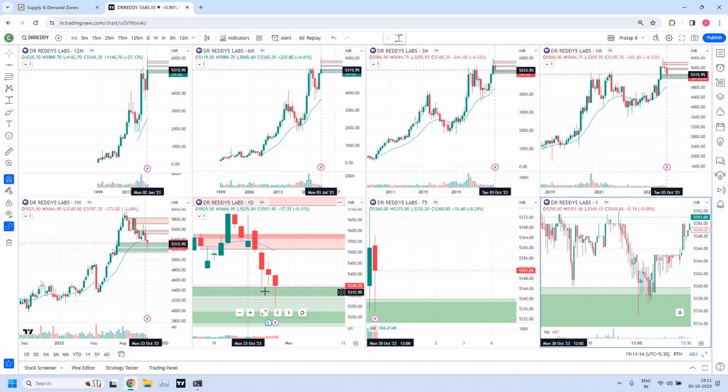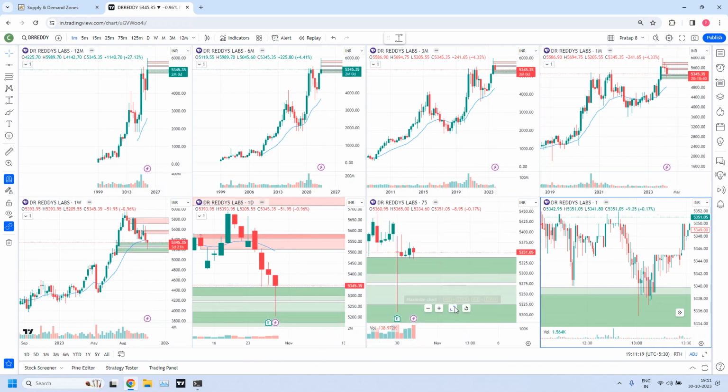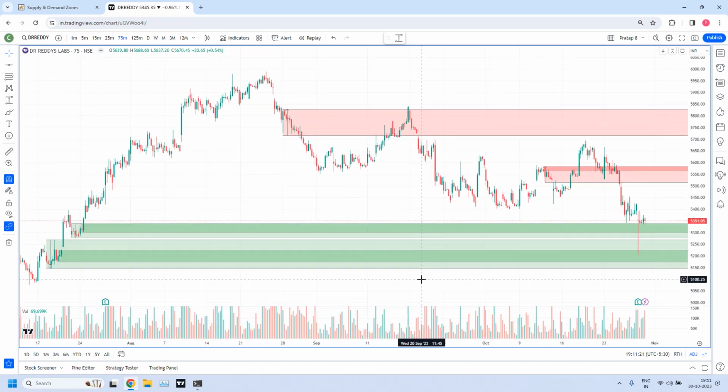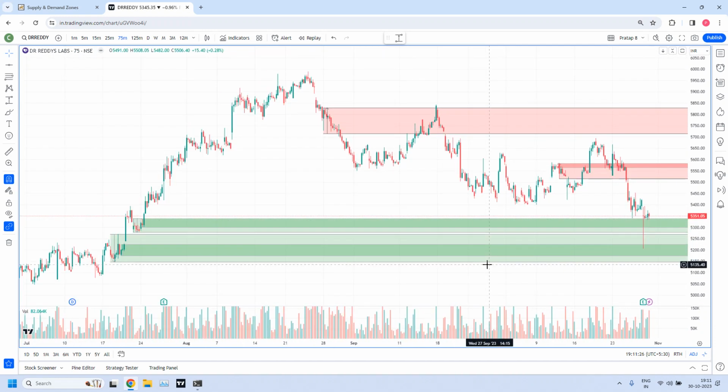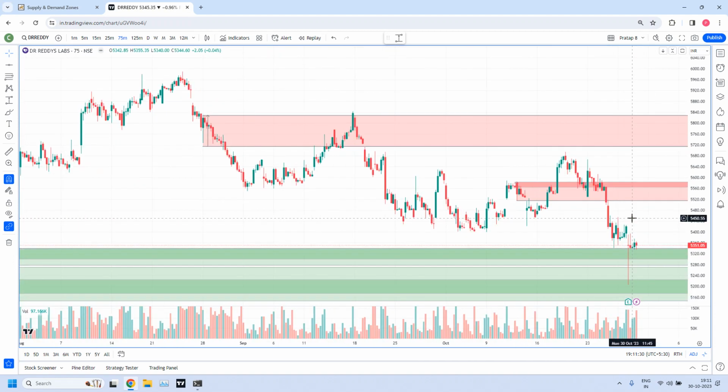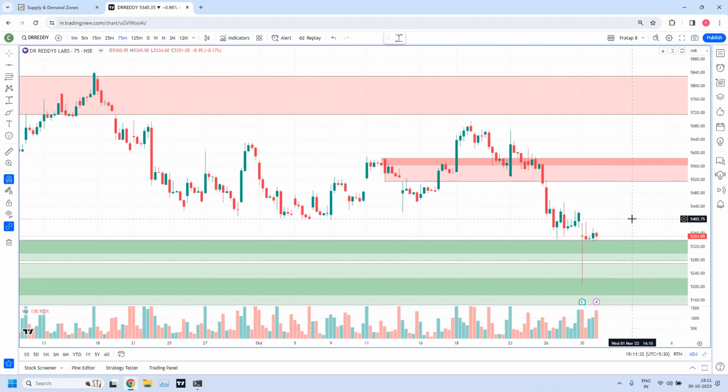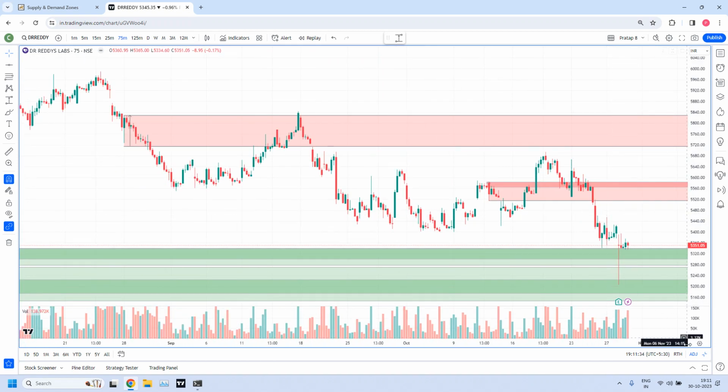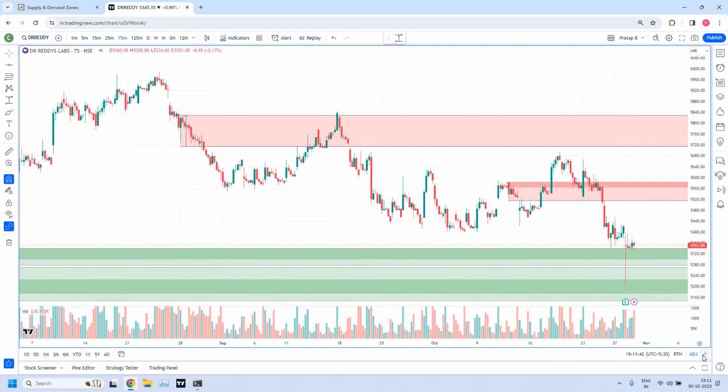So that is the power of this zone, the 75 minutes zone. We have a rally candle with a gap, especially the rally candles with gap. They have a good number of pending orders because that is a professional gap. Okay, Dr. Reddy, this is about Dr. Reddy,